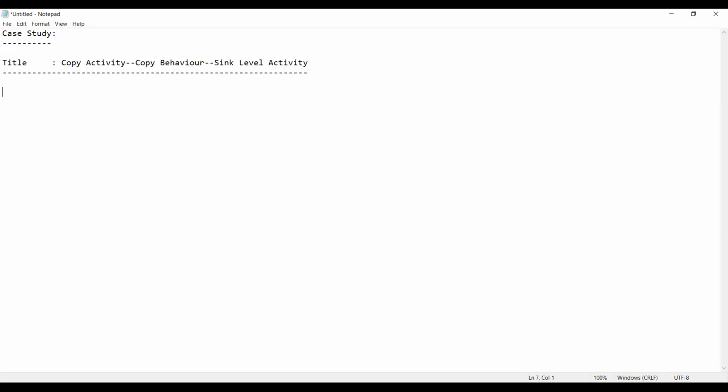The following are the behaviors of a copy activity. I'll explain each one of them, don't worry. So: recursive true plus preserve hierarchy,